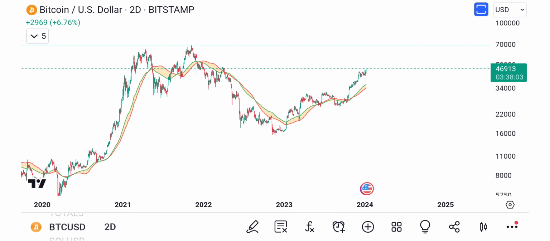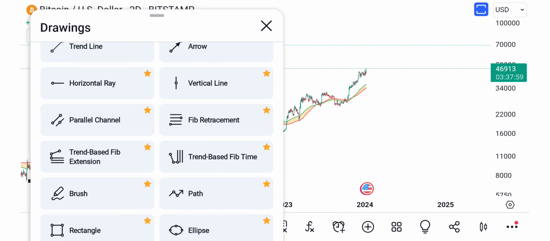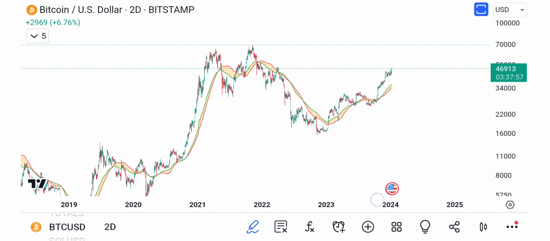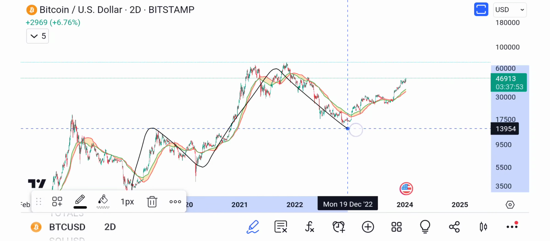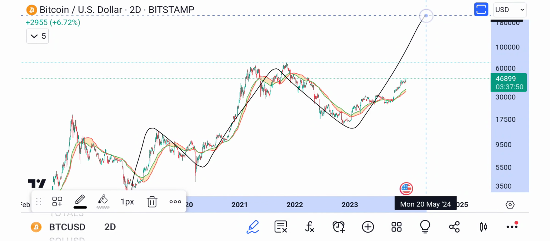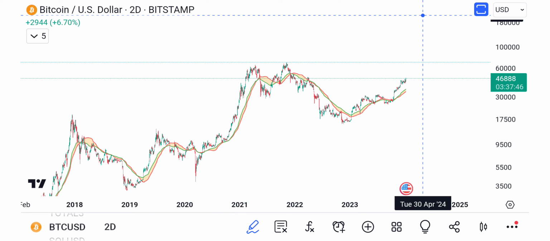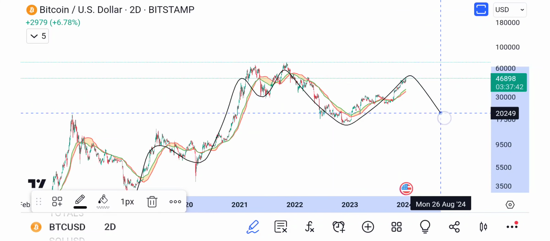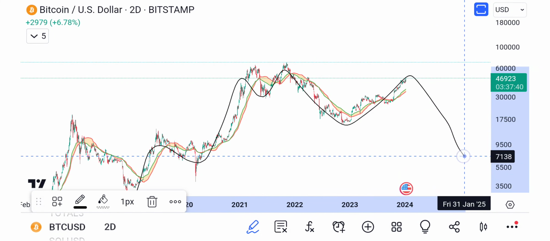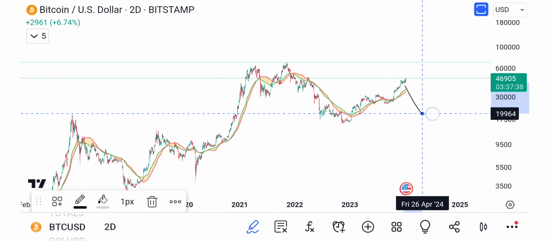So zooming all the way out, what do we have? What do we see here? Well, depending on what idea it is, regardless of what it is, it's either this is a 1, 2, 3, 4, and now we're in wave 5, which I hope that's the case, right? Or this is a 1, 2, 3, 4, 5. This is an A, this is a B, and now we're coming down for C. Now the question is, does C come down for reaccumulation?